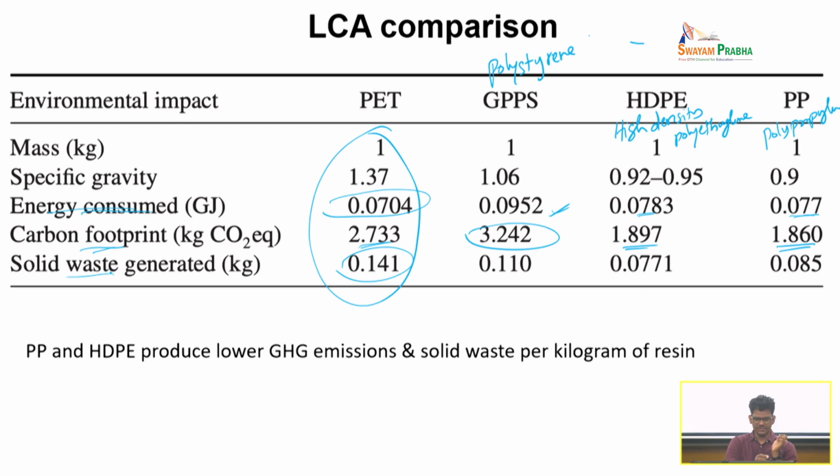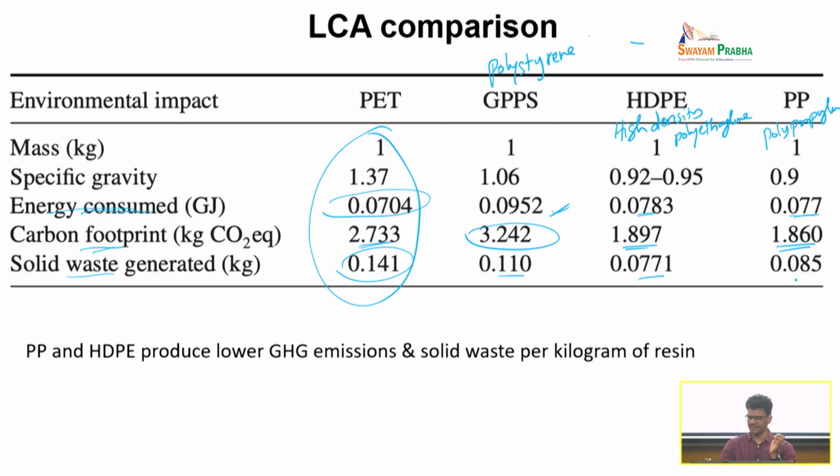And then how much solid waste is generated? I think the highest waste is created in PET. Again, it is not because of the PET products, it is just the PET resin making itself. PET resin making itself creates a lot of waste. Among these four, PET seems to form the highest amount of waste compared to polystyrene or HDPE. Between polypropylene and HDPE, the values are very similar. But among these, what you can say is that polypropylene and HDPE seem to rank best in this particular case, because they seem to have low carbon emission and low solid waste generated compared to PET